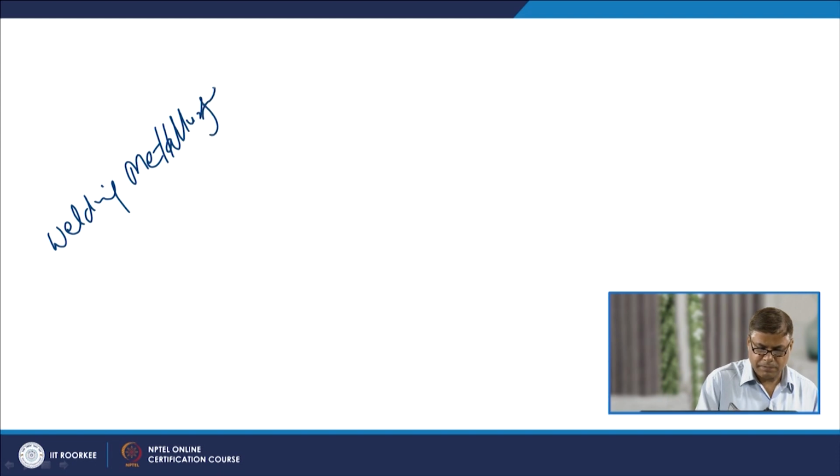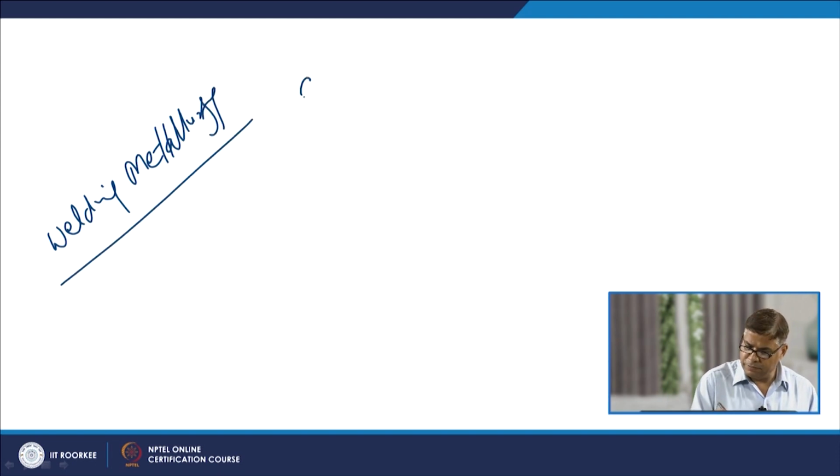steels. In the last lecture I talked about the general properties of the chromium molybdenum steels, the different chemical compositions of these steels, and the way chromium molybdenum steel weld joints respond to the heat of welding. Now, we will try to see the welding metallurgy involved in welding of the chromium molybdenum steels.